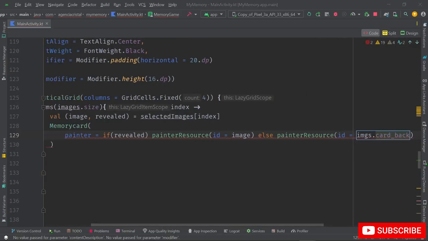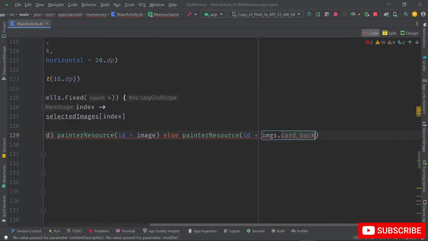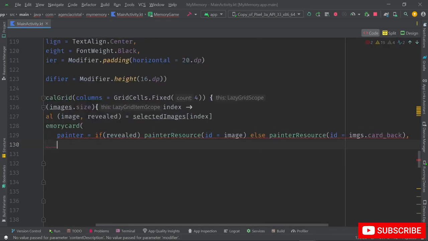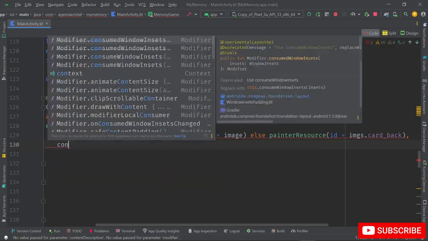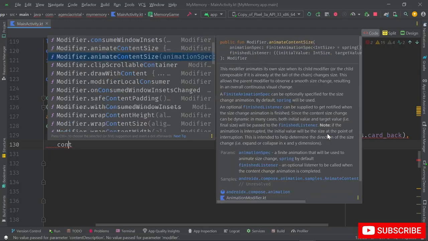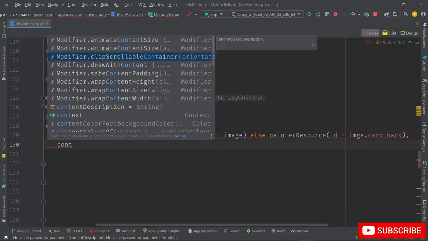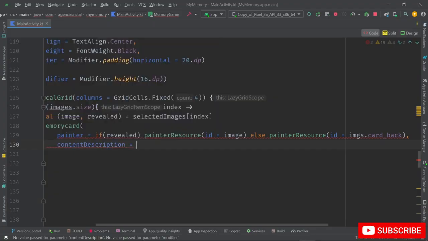Okay. I'm going to add the other parameters. For example, content description, null,